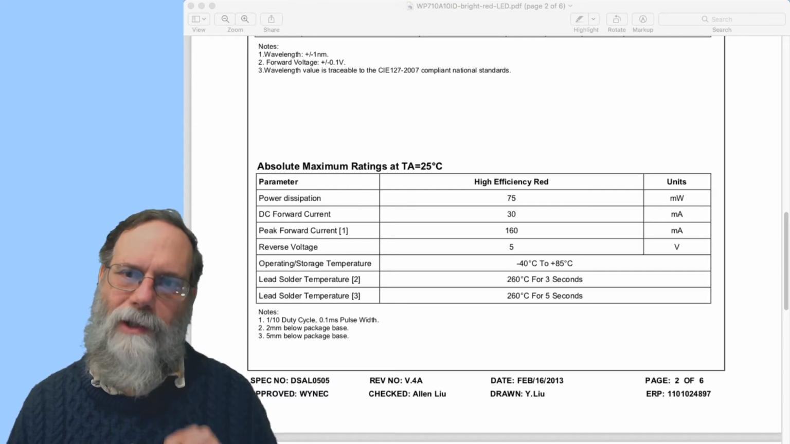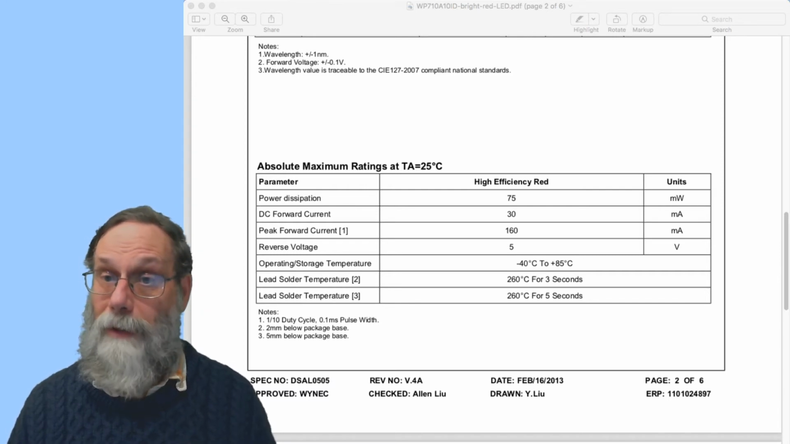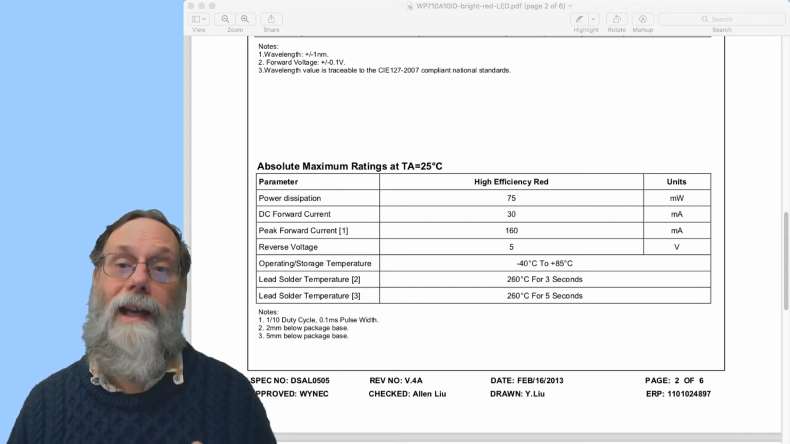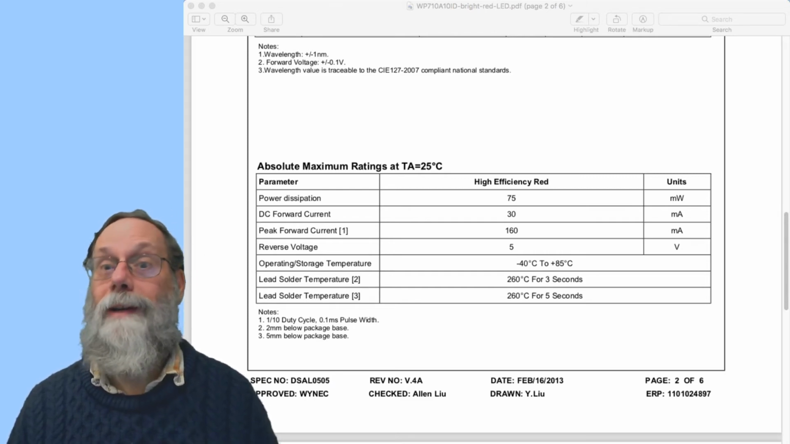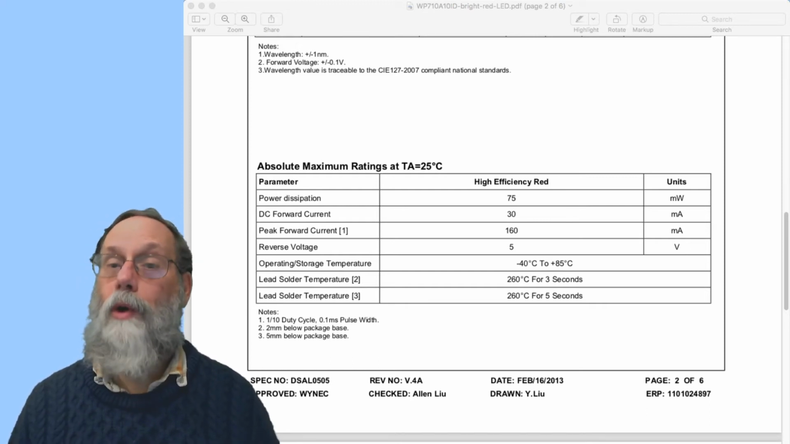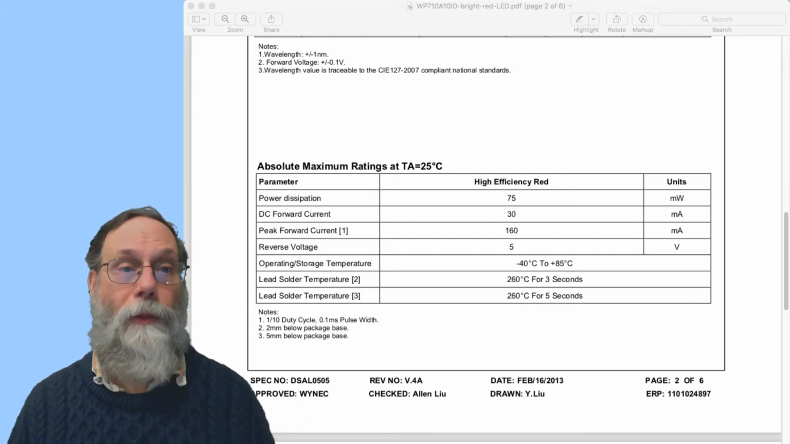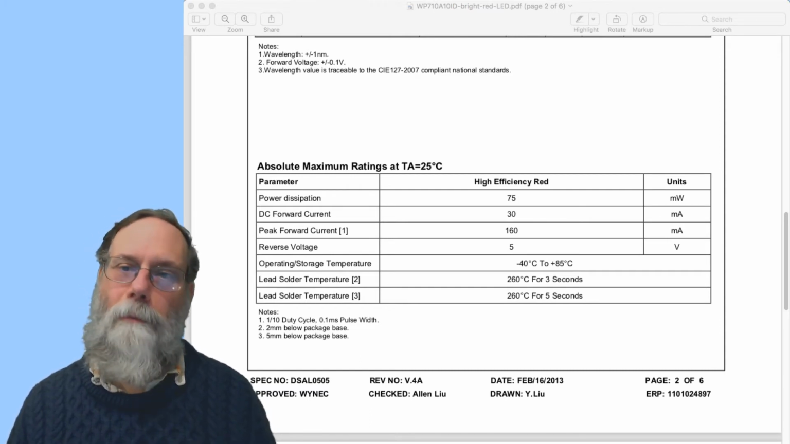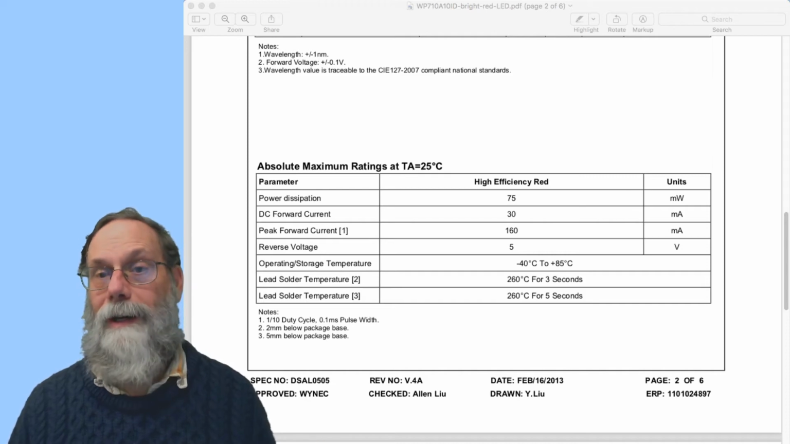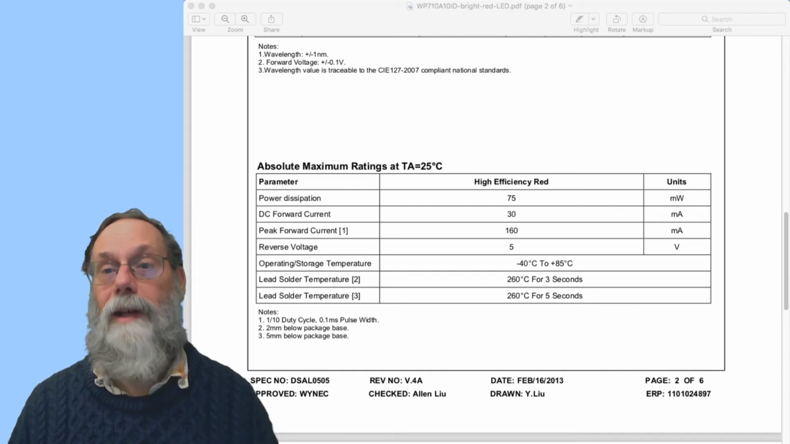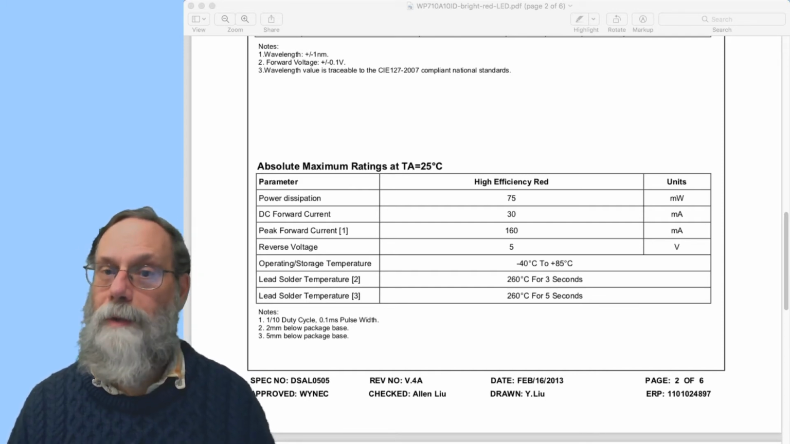If you only flash the light on for a very brief amount of time, 100 microseconds or less, and then you let it cool off for 9 times as long as you had it on, you can put a lot more current through this thing because you're not going to heat the thing up. The 30 milliamps is a continuous. If you have a continuous current of 30 milliamps through there, it's going to get too hot. If you do a pulse of 100 microseconds, you can go up to 160 milliamps as long as you give it enough time to cool down between